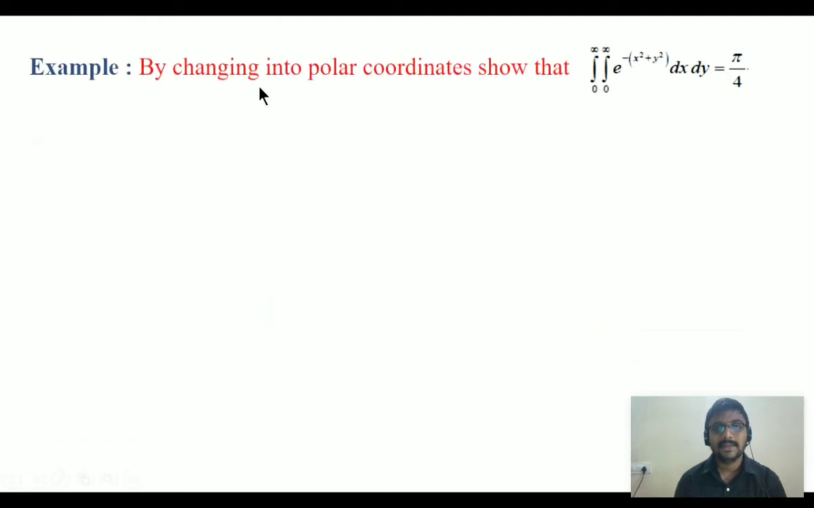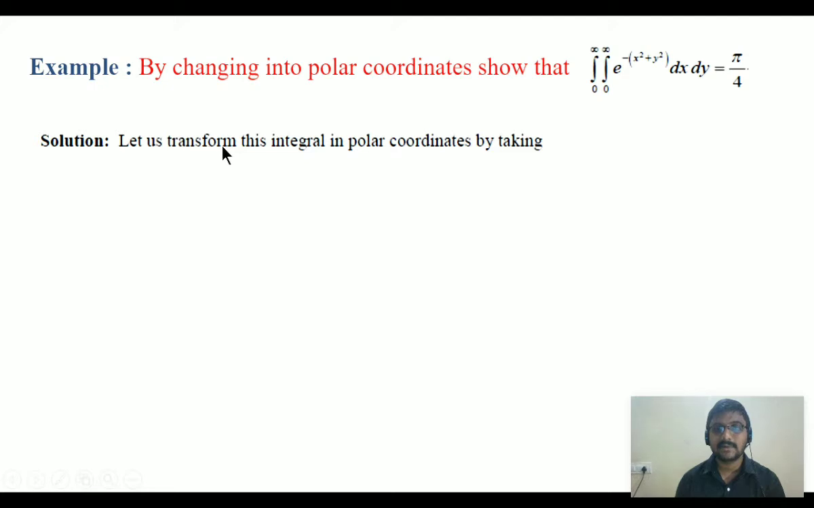Problem: by changing into polar coordinates, show that integral 0 to infinity, integral 0 to infinity e to the power of minus (x² + y²) dx dy is π/4. So we have to use change of variables because we have to convert it into polar coordinates. Let us transform the integral into polar coordinates by taking x = r cos θ, y = r sin θ, and dx dy is r dr dθ or r dθ dr. Given integral,